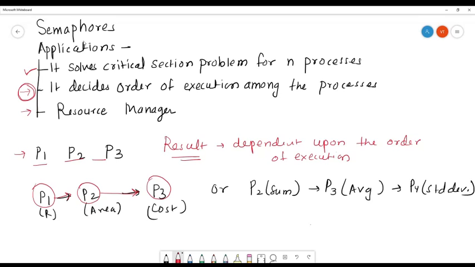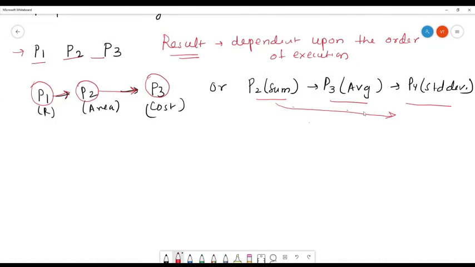Similarly, in another example, suppose P2 is calculating the sum of the numbers, P3 is calculating the average, and P4 is calculating the standard deviation. Here the sequence of execution should be from P2 to P3 to P4. Let's see in this case how the operating system will take care.